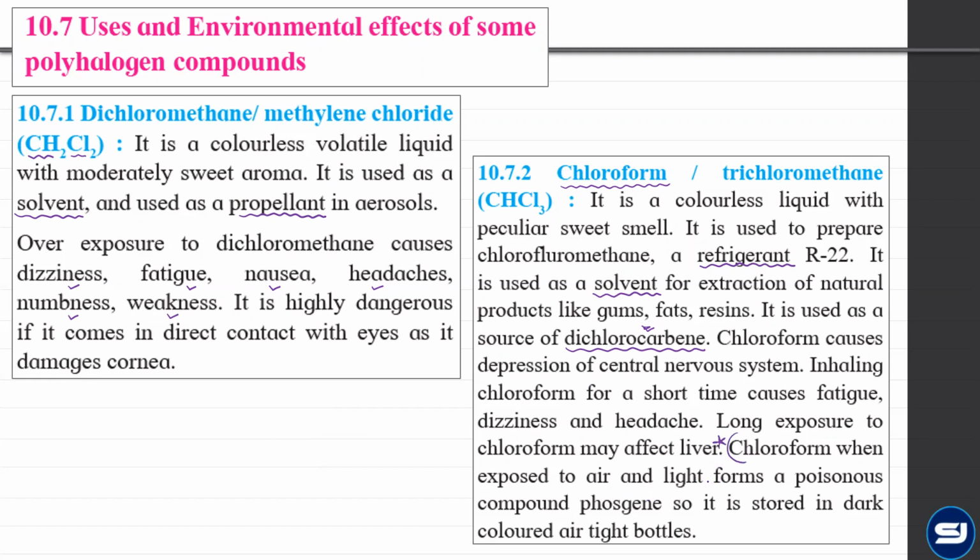Chloroform, when exposed to air, forms a poisonous compound phosgene, जिसका formula है COCl2, and that is the reason it is stored in dark colored airtight bottles. क्योंकि dark bottles में the sunlight will not be affecting the reserved compound. बिकॉज लाइट के प्रेजेंस में इसका जो रिएक्शन है वो बहुत ज़्यादा फास्ट होता है। उसी को स्लो डाउन करने के लिए डार्क कलर्ड एयरटाइट बॉटल्स में रिजर्व करके रखते हैं प्योर क्लोरोफॉर्म को।